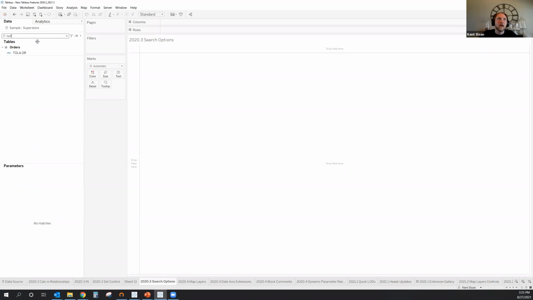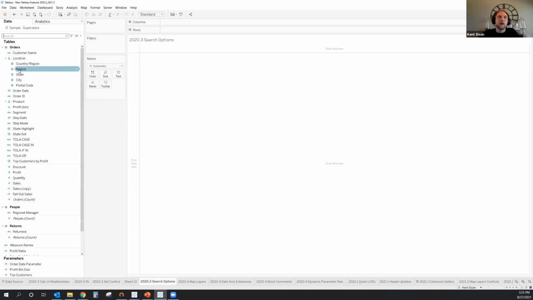Now, if I type in, I can actually then search inside of that, but it's just pulling up, hey, this field has a comment. If I mouse over it, I can then see what that comment is. So it's a way of pulling out and identifying fields that you have or have not commented, which before was something you just have to manually hover over each of them to figure out if a field did or did not have a comment inside of it.